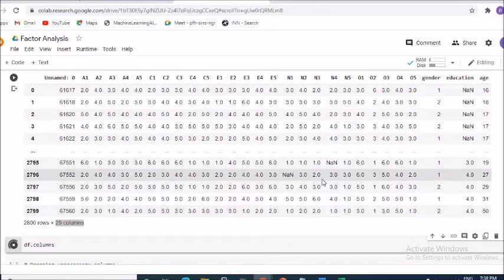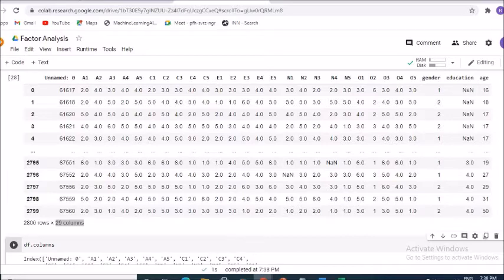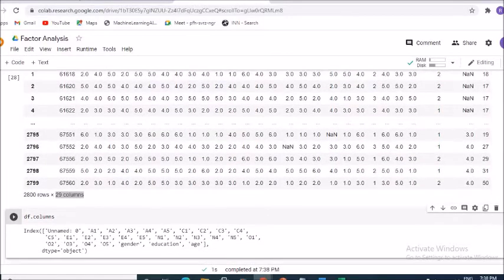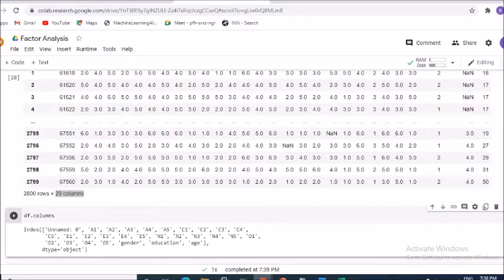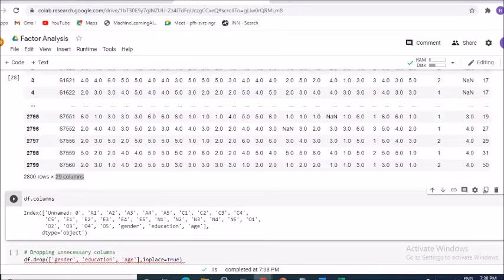You can see it has come out in the form of an index, which means these are the column names: A1, A2, A3, A4, A5, and so on, C1 to C5, E1 to E5, N1, N2, N3, and so on. These are the columns which are present.